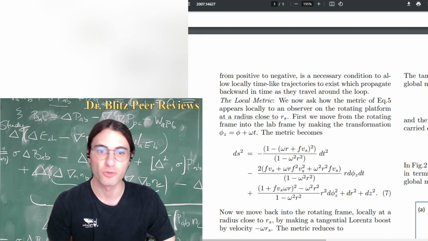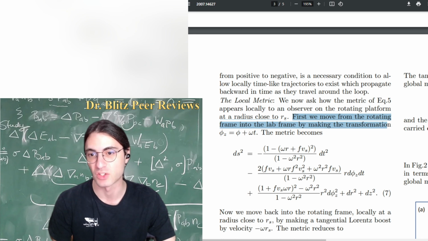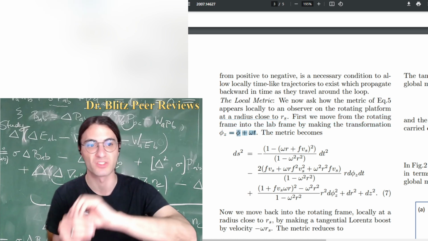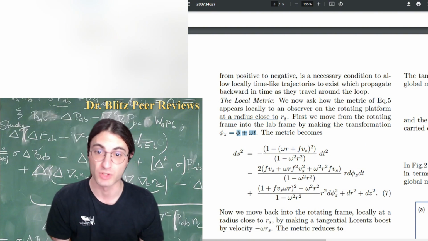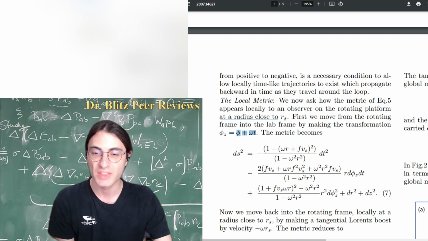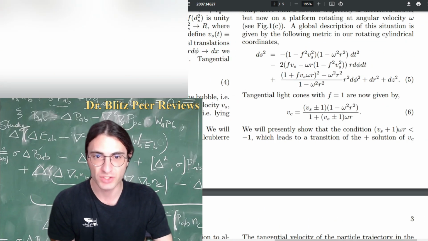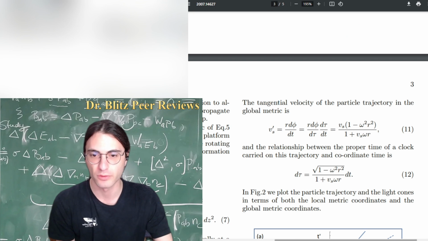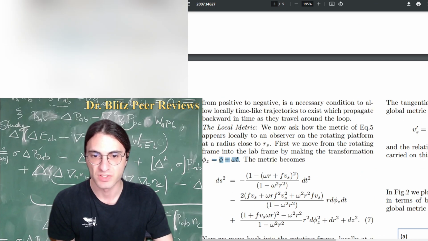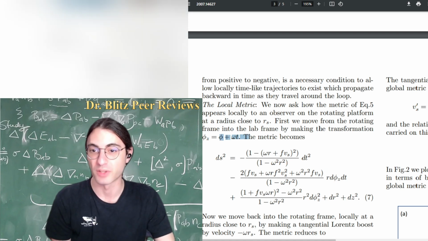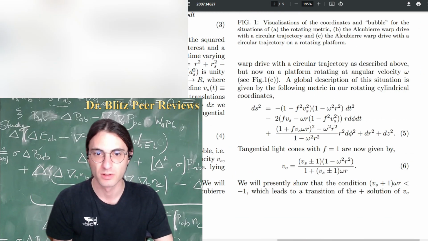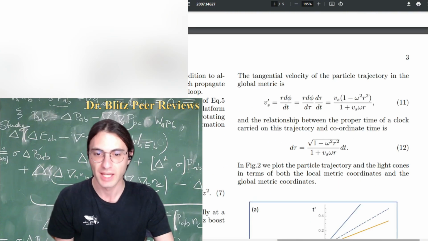They move from the rotating frame into the lab frame by making the transformation phi sub z equals phi plus omega t. So first, they're going to step off and look at how the space-time looks from somebody who's not on the rotating platform. That's a coordinate transformation, which just amounts to redefining variables. Notice that they're writing phi sub z is phi plus omega t. So you can just substitute in all the places where you see phi, with phi sub z and t, and you'll end up with,